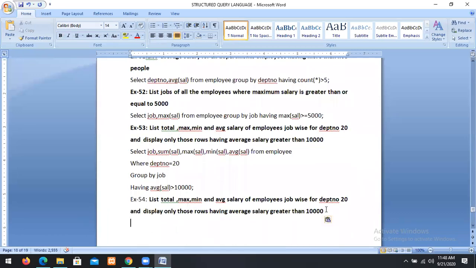List total, max, min and average salary of employees job wise for department 20.